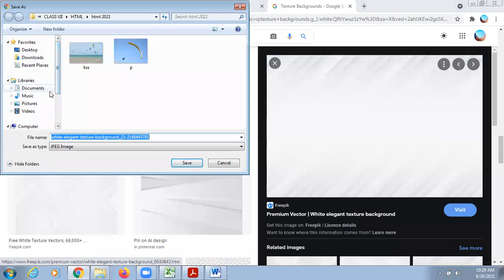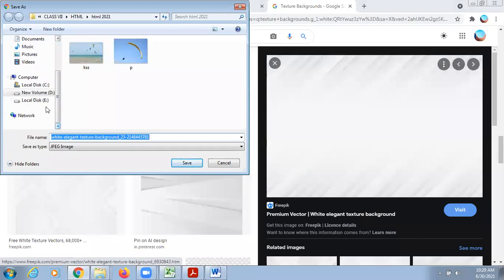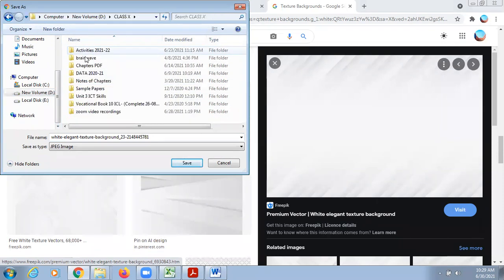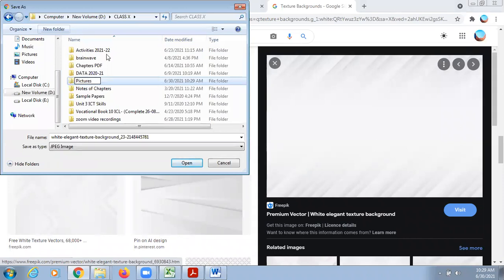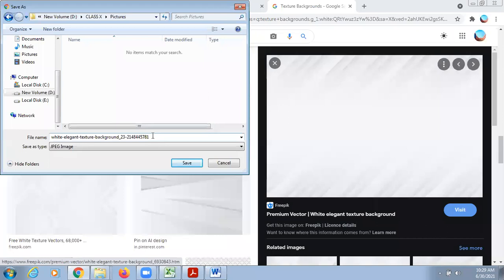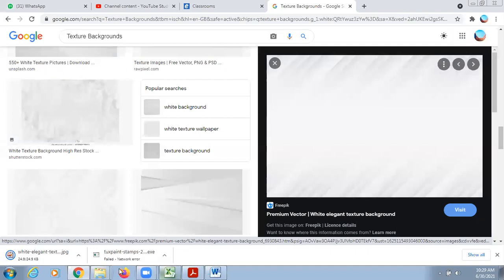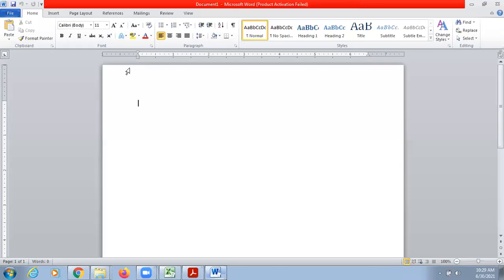I'm going to save it in D drive. Open the texture.